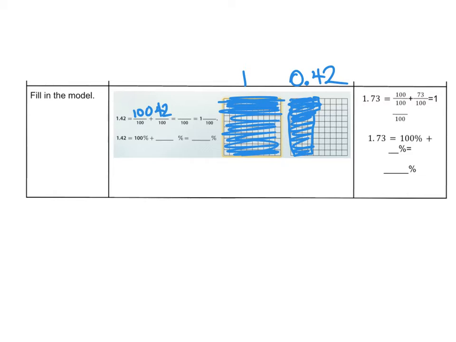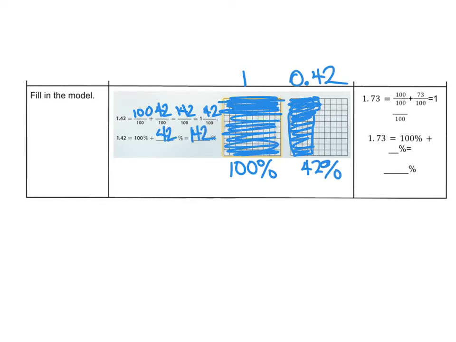So I end up with 142 hundredths, or one whole, and that 42 hundredths. We have 100%, that's this whole grid is 100% filled, plus this one is 42% filled,